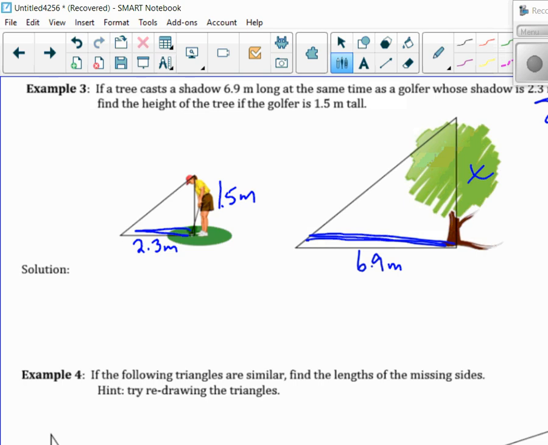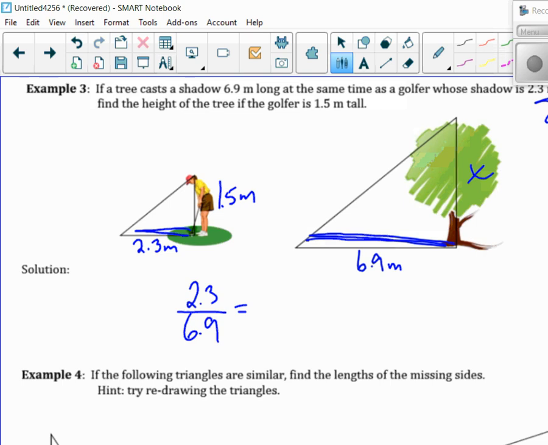is. So let's just call it x. X is going to be the height. So can anybody think they can set up these similar triangles for us? So you can see visually which ones you should put over what, because they're the same kind of size. So what would 2.3 be over? 6.9. And that is equal to